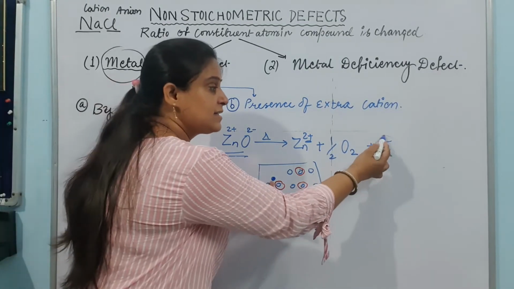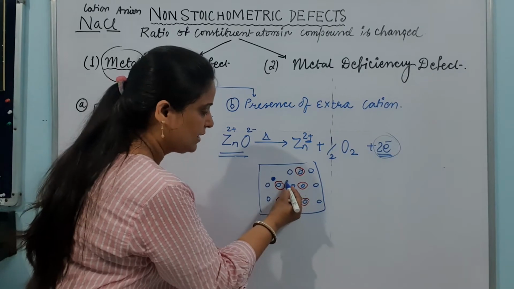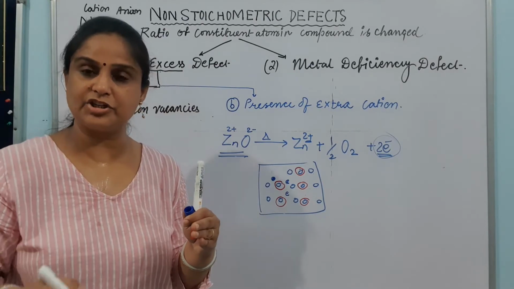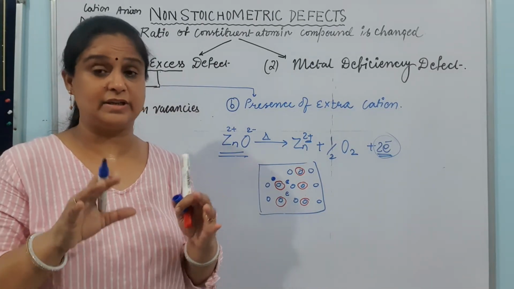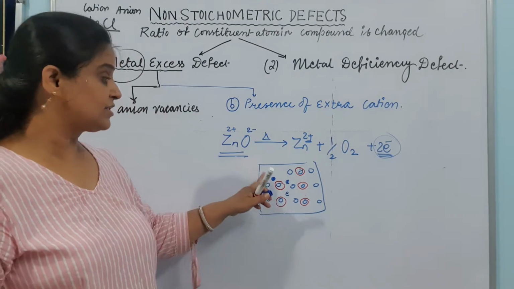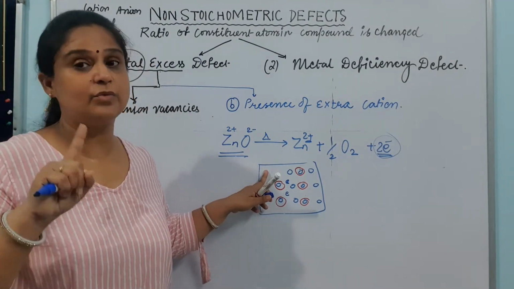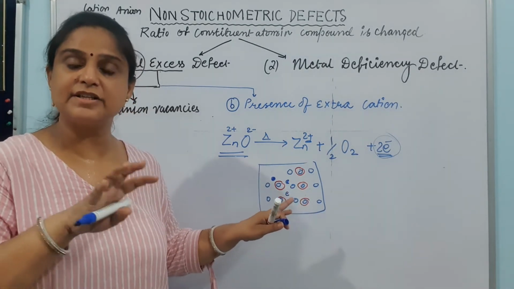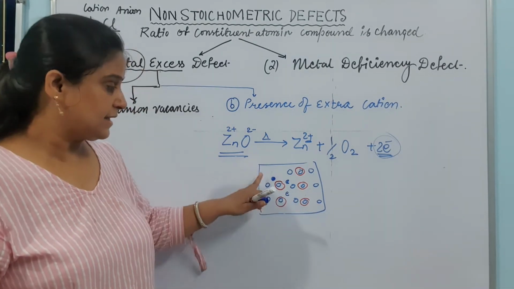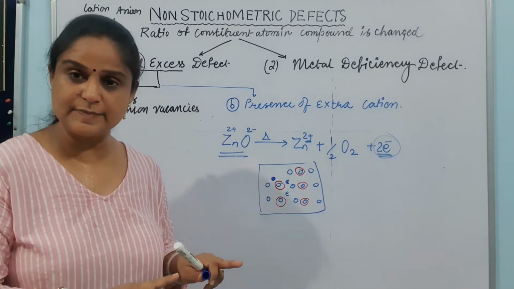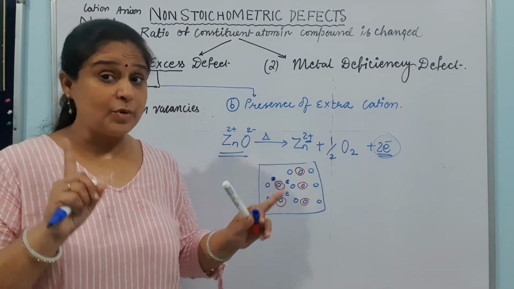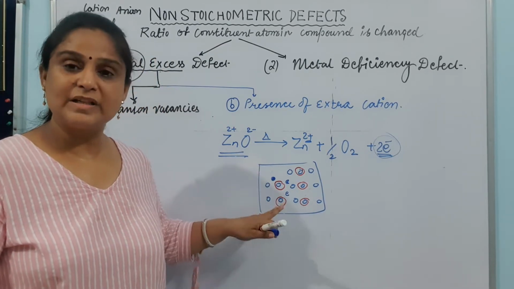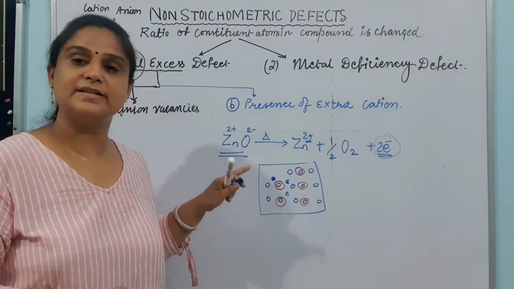As well, these electrons will also occupy the spaces in the nearby areas, meaning the nearby interstitial spaces. So the electrical neutrality of the crystal will be maintained, because as many electrons as were lost by the zinc will be occupying the area nearby. So neighboring interstitial spaces will be occupied by the electrons. Zinc ion is trapped here in the interstitial spaces. Oxygen is gone. So when oxygen is gone, it means oxygen is less and zinc is remaining there. Okay, so this means an extra cation is present in the interstitial spaces.